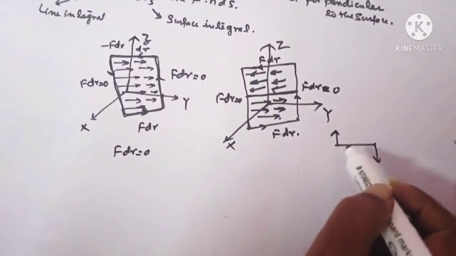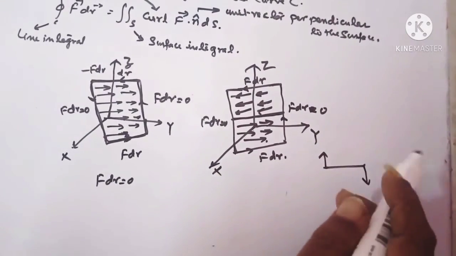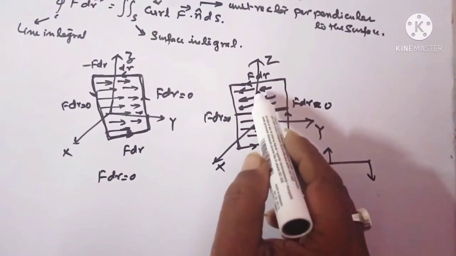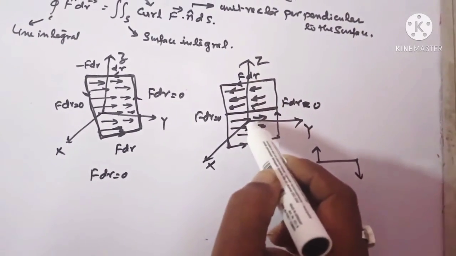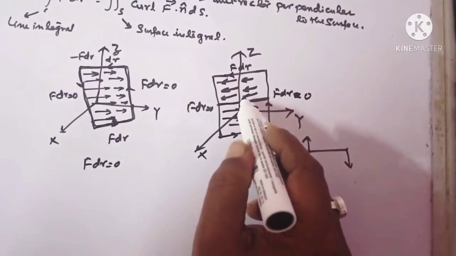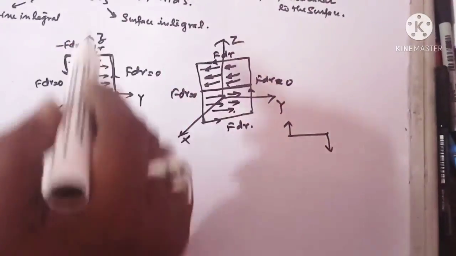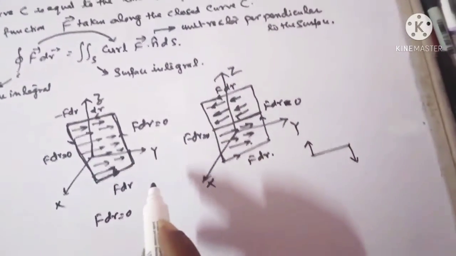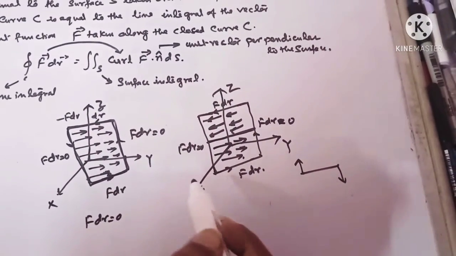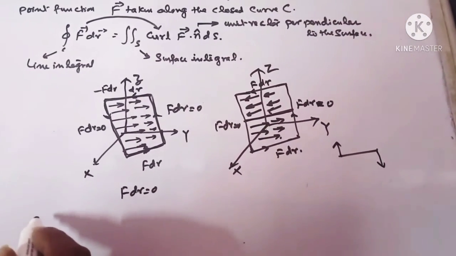This is curl F, like the momentum: as the force vectors are in opposite direction, it tries to rotate it. The similar effect will happen here. Here this force and this force are in opposite direction. It will try to curl it, the vector will try to spin it. This is called curl F. Now let us take one thing here. This will cause curl F.